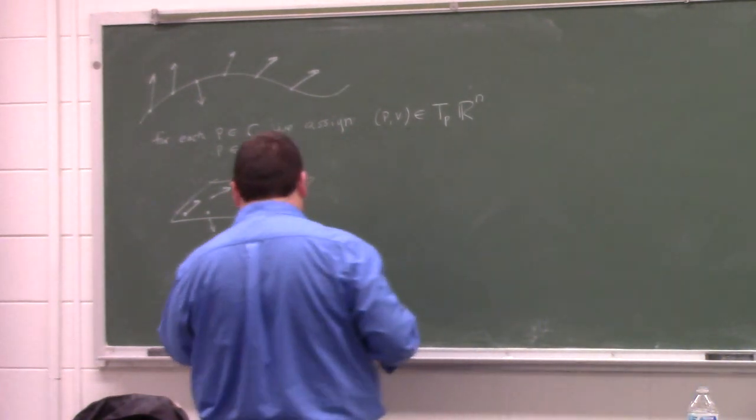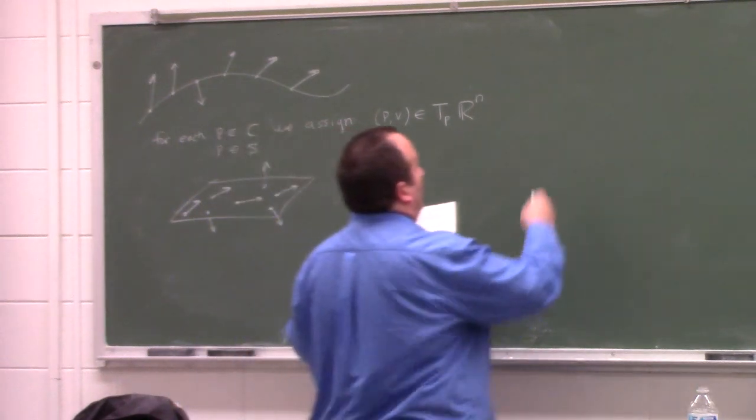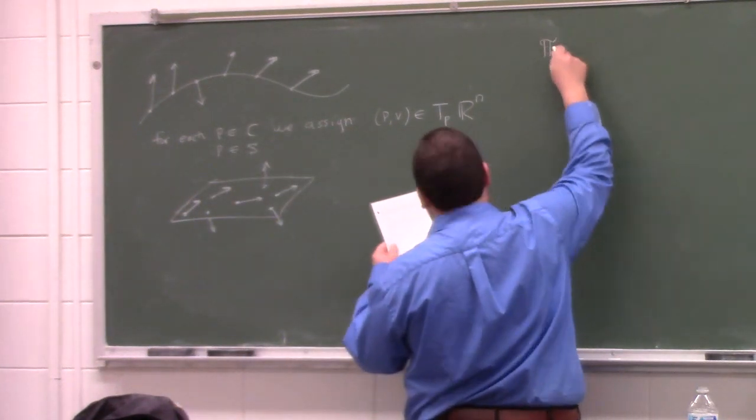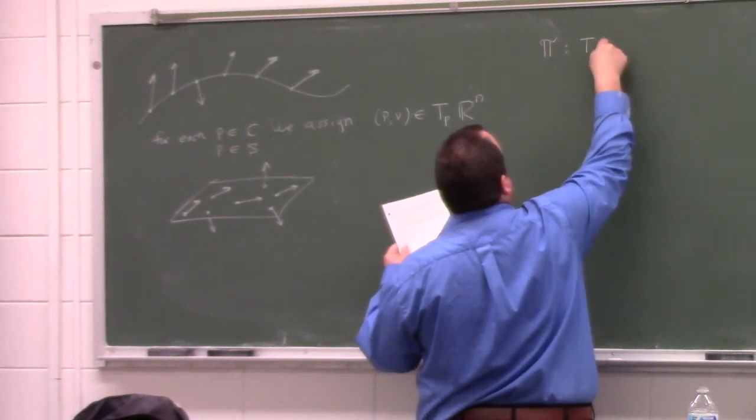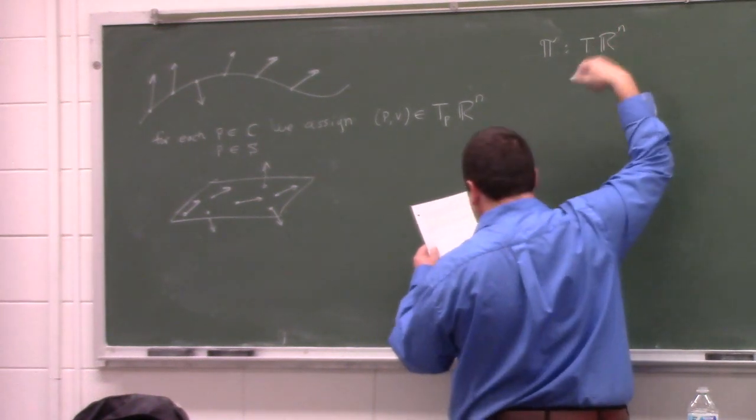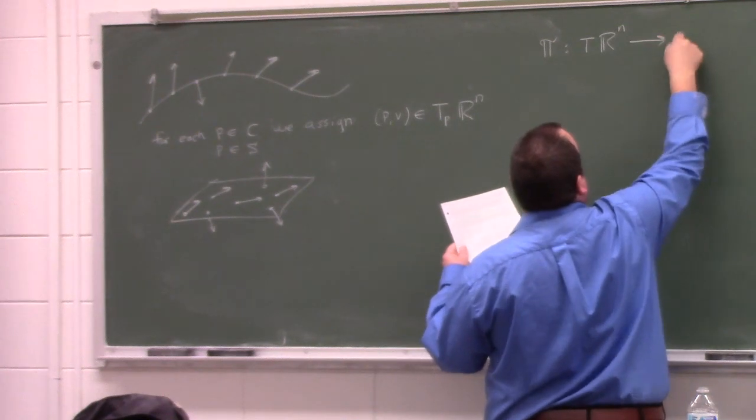And you could talk about the bundle map pi from the tangent space to Rn, the tangent bundle to Rn. So this map